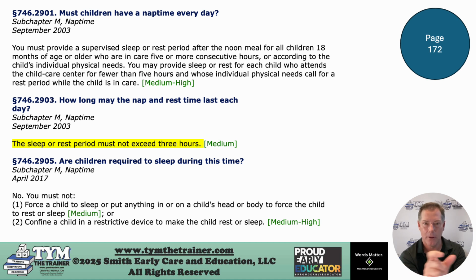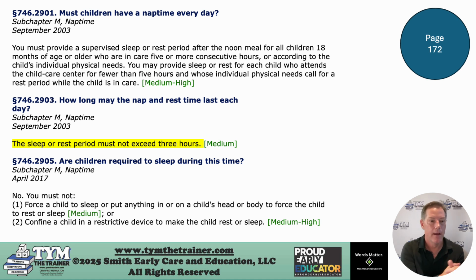All right. So based on the developmental needs of the child, based on the chronological age of the child, you can kind of set these parameters right here. You can have a short rest period in the day, but as far as how long are they required to nap, there is no minimum amount listed. It just can't exceed 3 hours, which I think is long.